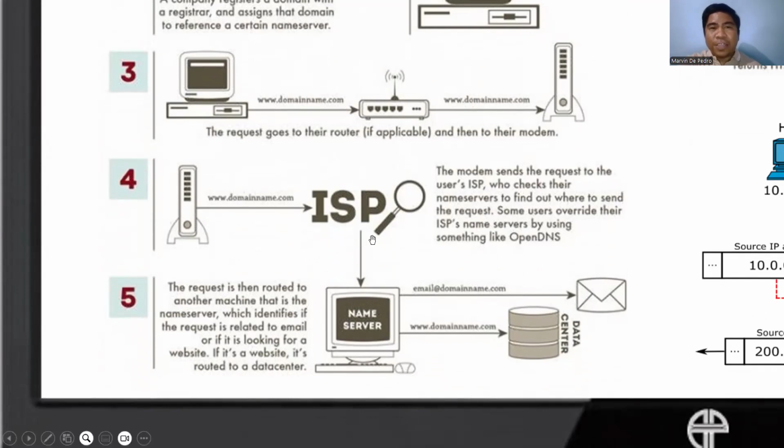Once the ISP has found the server that we want to communicate to, the request is then routed to another machine, the name server, which identifies if the request is related to email, or is looking for a website or a specific web page, web app. If it's a website, it's routed to a data center, like the data center for our platforms like Firebase and Blynk.